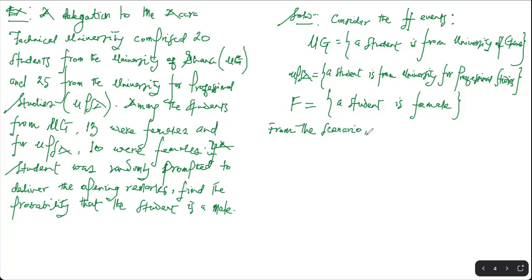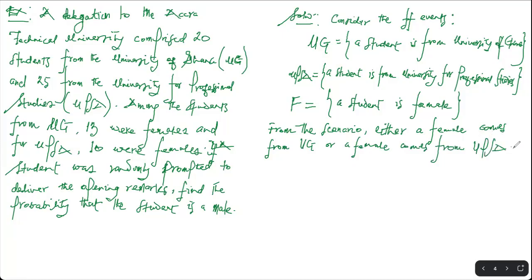From the scenario, either a female student comes from UG or a female student comes from UPSA. So the point that we're making is that